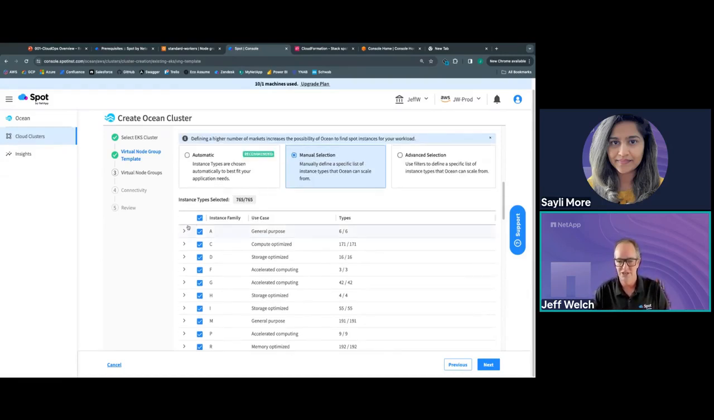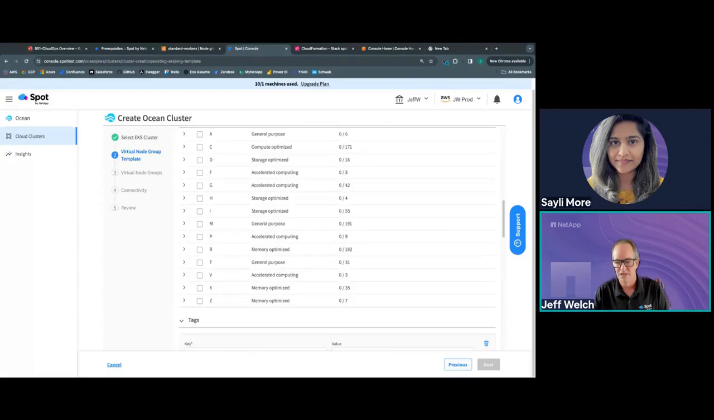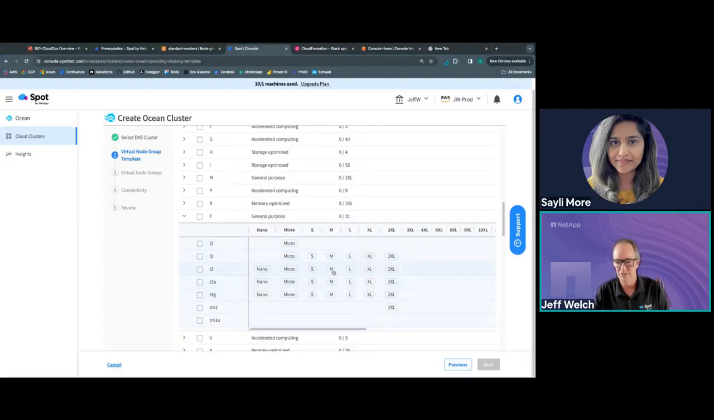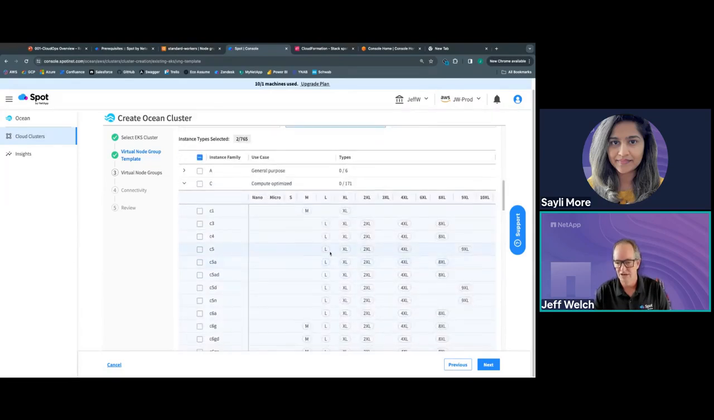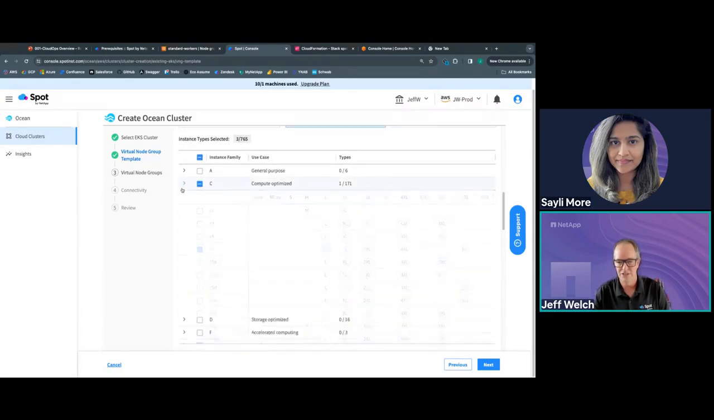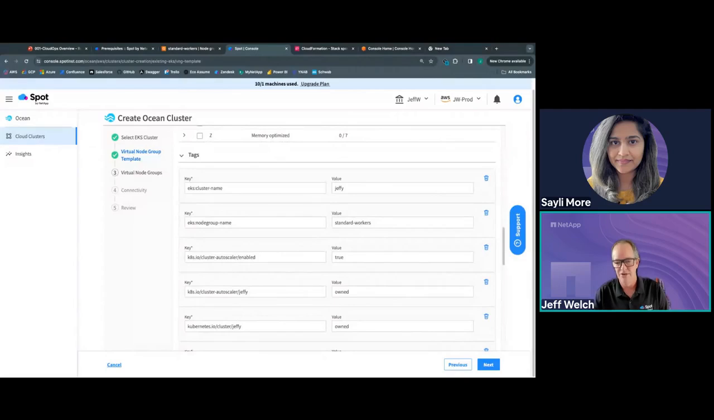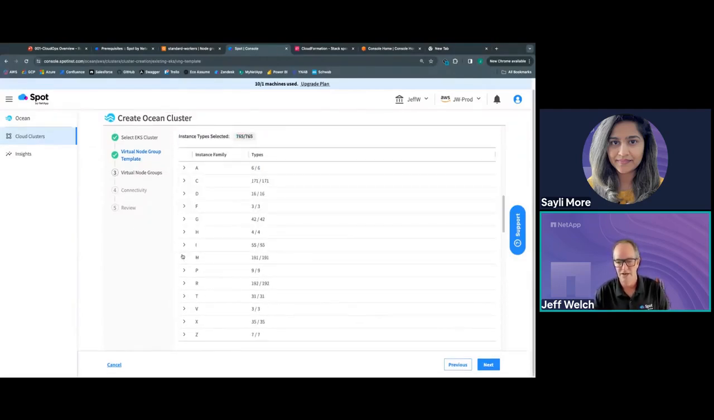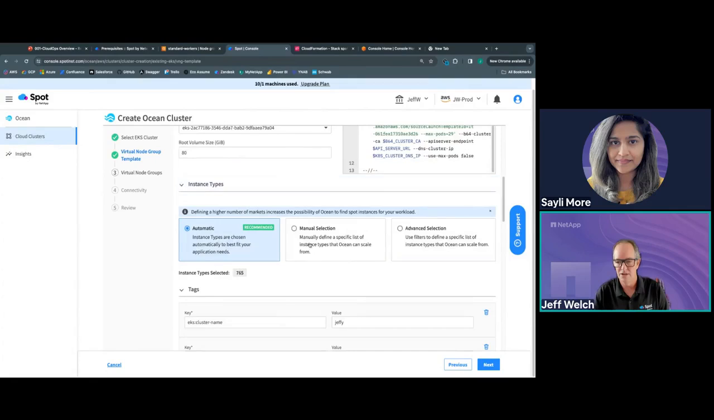So I'm going to say, you know what? I'm going to make it very simple just for our workshop. I'm just going to do some T3 mediums and larges. I'll grab some C5 large, and just keep it real simple just for illustration. And then we go down, and by the way, you can also select based on